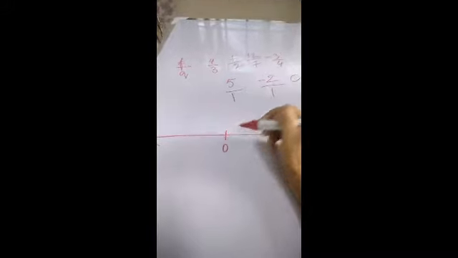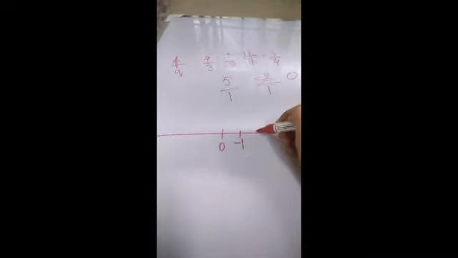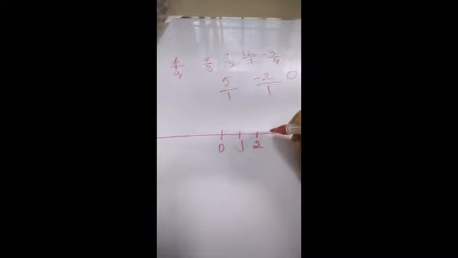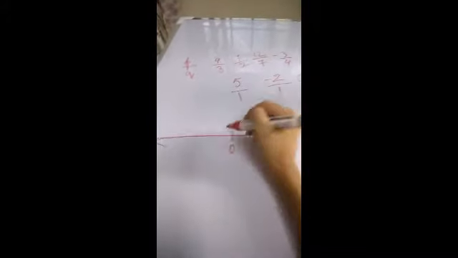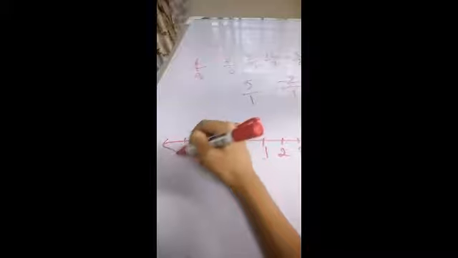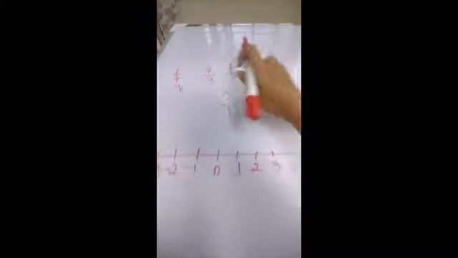So we are going to look at how we can show these on the number line. Let's say we draw a number line. You know how to show integers on a number line. Everything on the right side of 0 is positive and everything on the left side is negative, right? We already know this. Now we're going to show these kinds of numbers on the number line. We'll see how to do that.